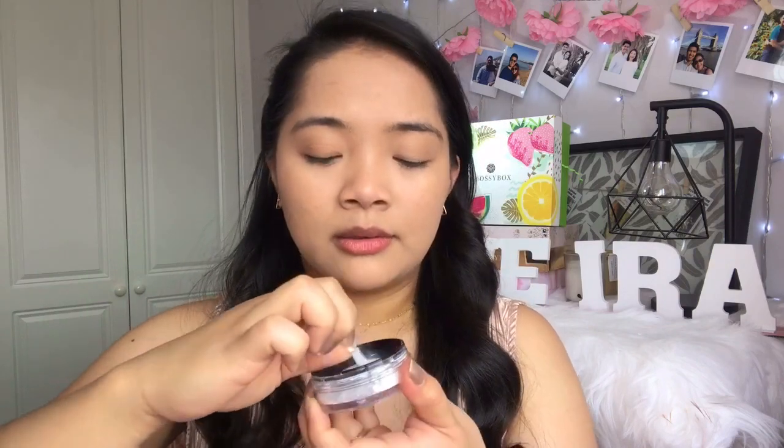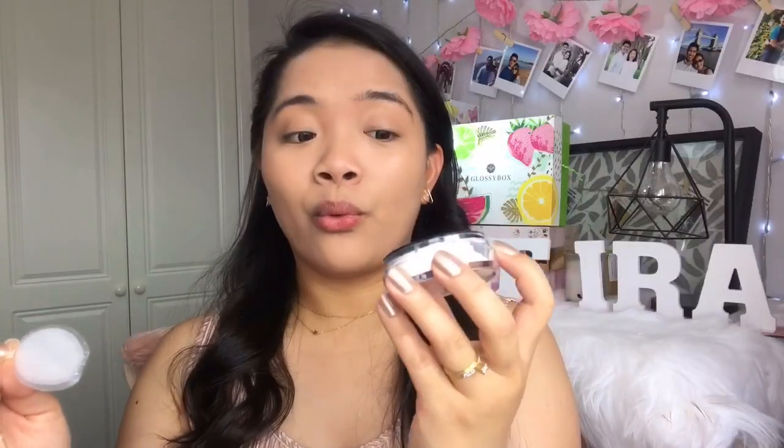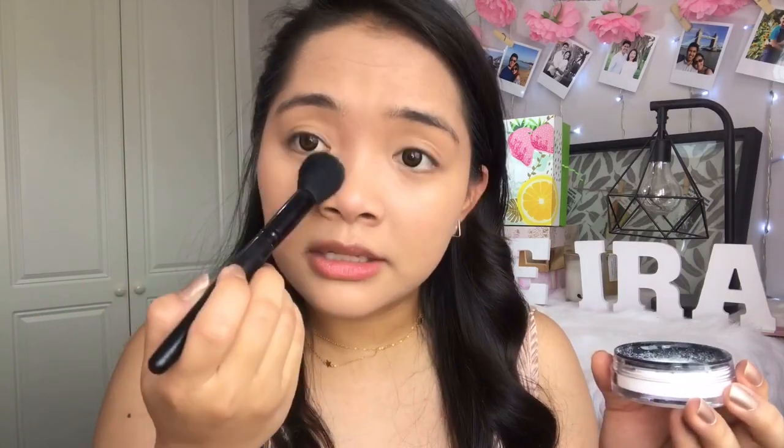I love it. So let's open it up. It looks like this, and oh, it has a sifter. So what I usually do is I just get my small tapered brush. Usually I just dab this onto my loose powder, and then just dust it around my eyes and my T-zone area